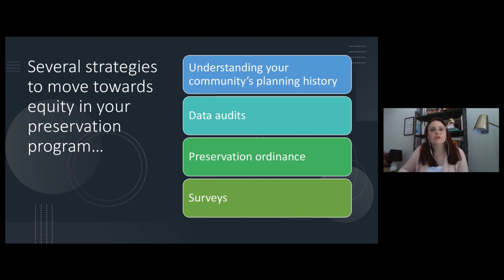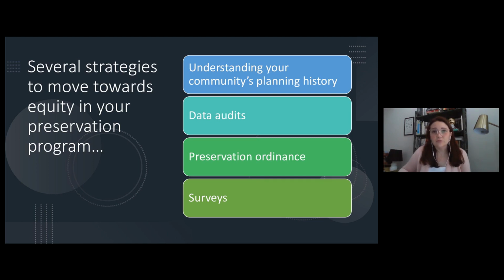So I'm going to go over a few things that have been touched upon a little bit already in the presentation, but I think are important in understanding what are some action steps that you can take in your community, and also understanding that the resources in preservation programs vary drastically, right? So I currently work for a really big jurisdiction, but our office is still very small. We're really technically only 2.5 people.